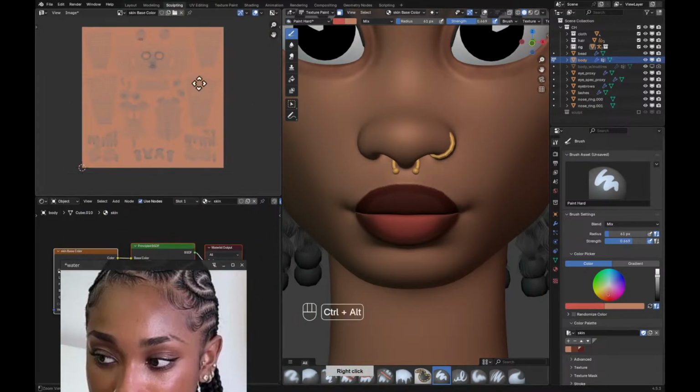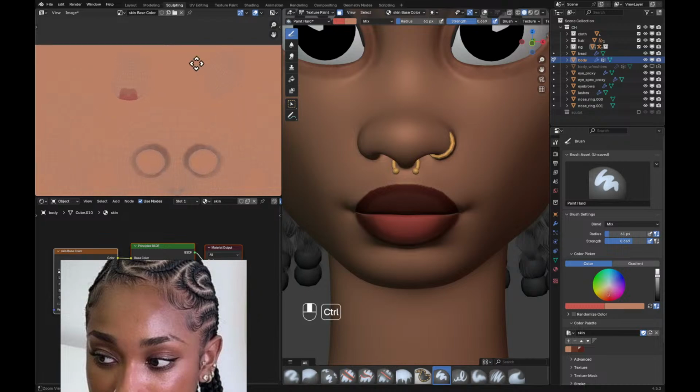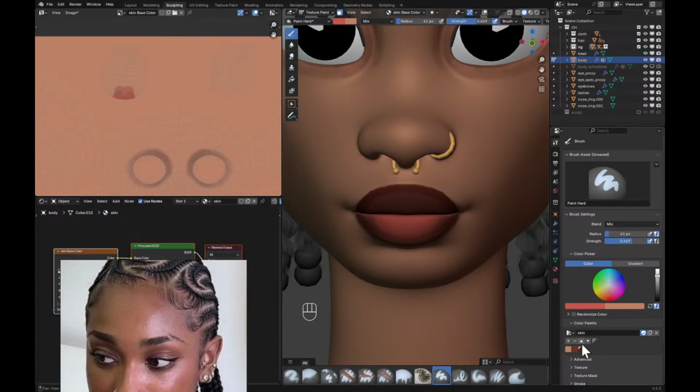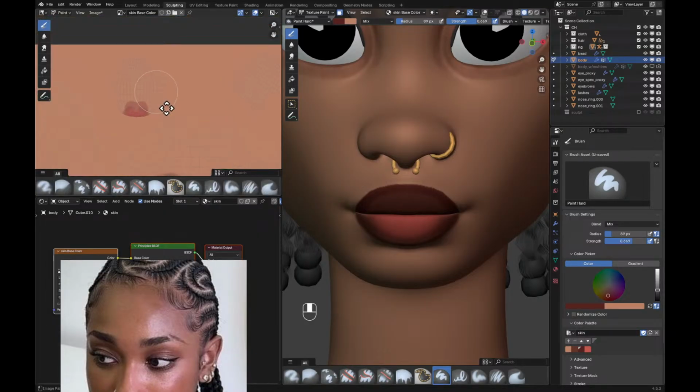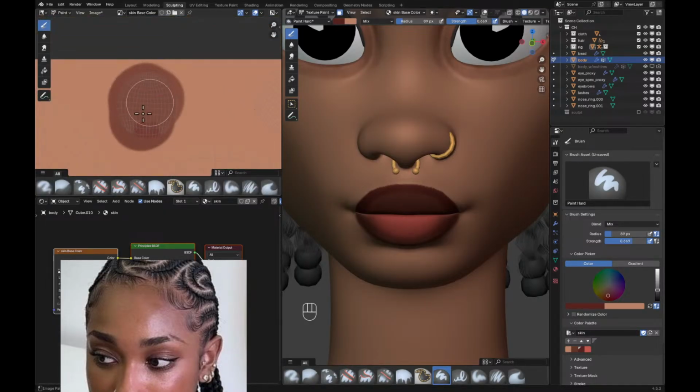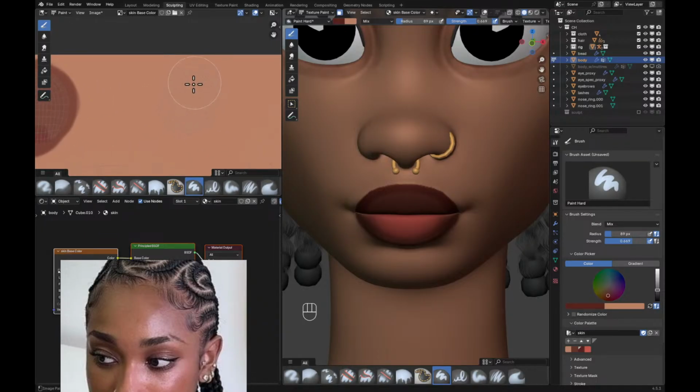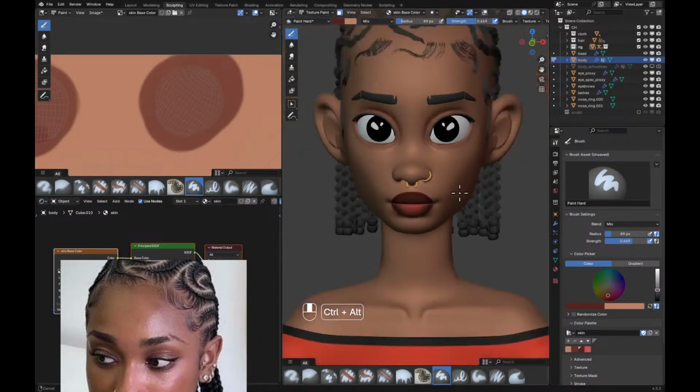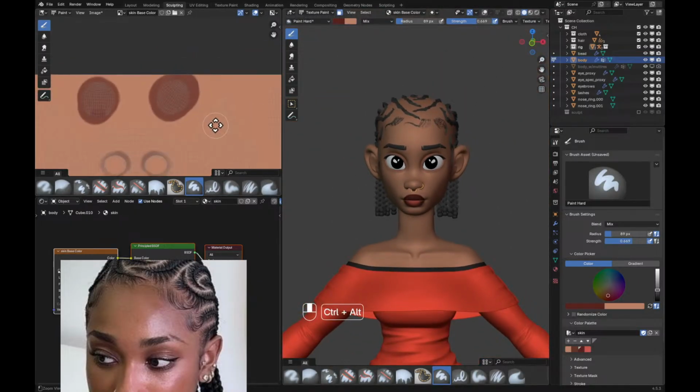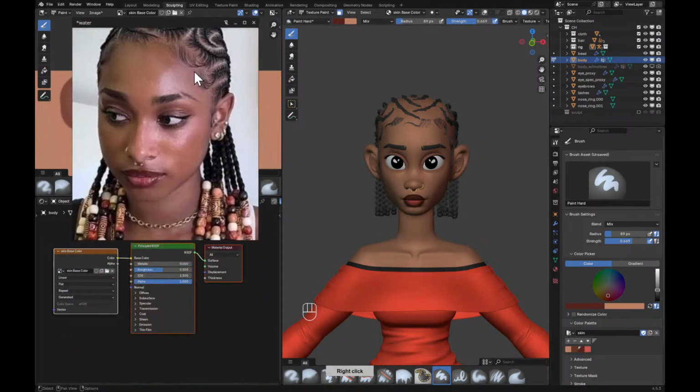And then for the inside of the mouth, which is here, I'm just going to use this color here, and I'll completely paint it in. So I'll make sure I'm on the image editor, and I'll change this to paint, and then you can just completely paint in that color right here. Okay, so something like this,